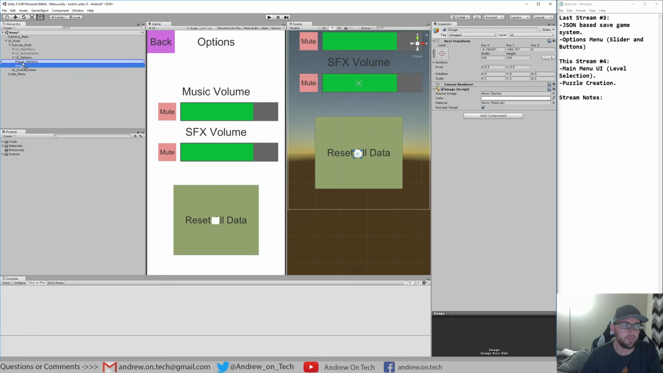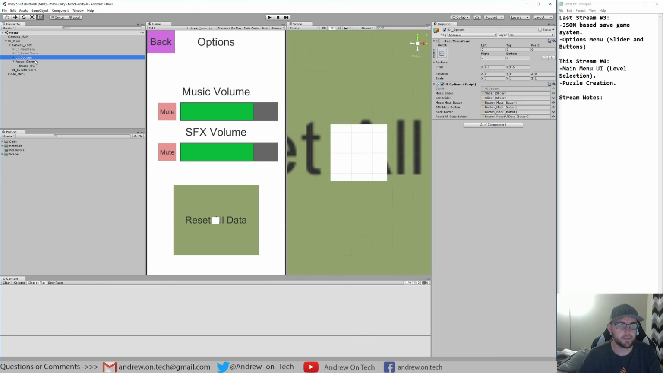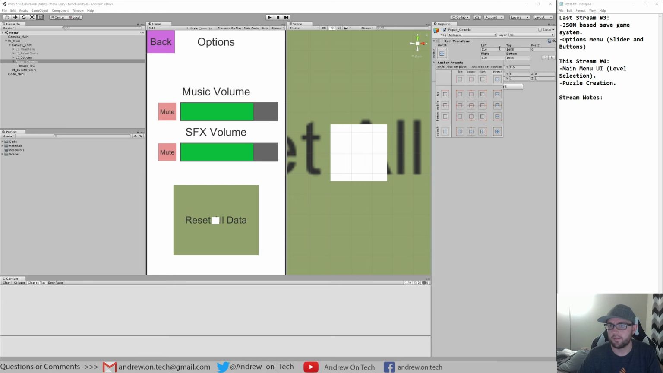So we need an image. We're going to call this background. Okay, I'm going to go with background just because I don't like typing as much. So we're going to make this generic pop-up fill the whole screen,